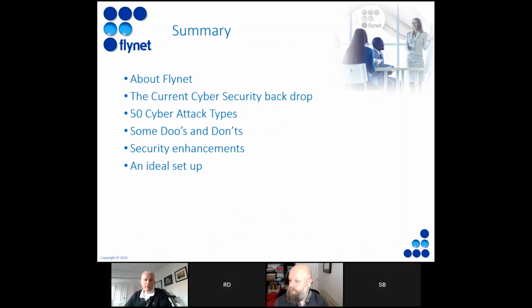So, a quick overview of what we'll cover today. I'll start with a brief description of who Flynet are. We'll then take a few minutes to remind ourselves that the cyber threat is real and that attacks of this nature happen to organizations like ours. I'll then give you some insight into the do's and don'ts with your own terminal emulators. Moreover, how your terminal emulation choice can dramatically impact your exposure to current cybersecurity threats. Mark will then provide us with a practical show and tell, and then time permitting, we can take some questions